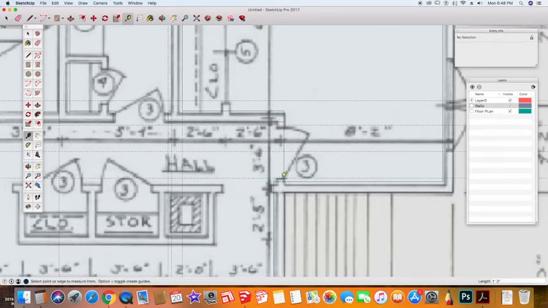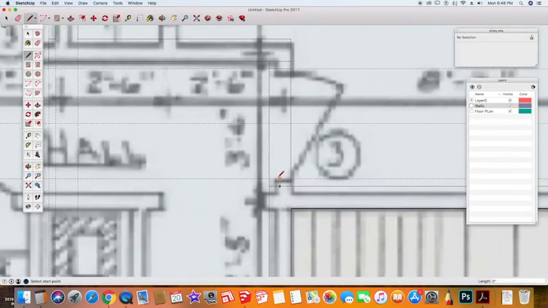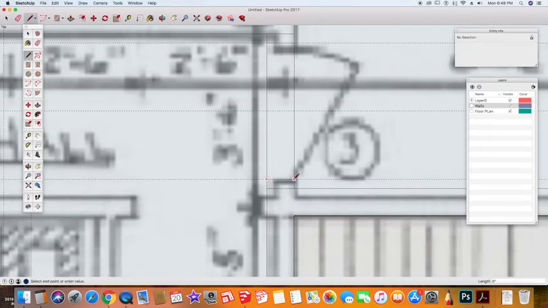Now I know that the return on the wall here is going to be right here. So I'm going to quickly draw that in. I'm going to go all the way up to the edge here and then draw across like that. Also, whoops, you have to be careful about being too far away because it will snap to things that you don't want it to. Then I'm going to eliminate this line, that line, and these lines, because all I really want is the return in that wall. And I can always pull that back over when I add